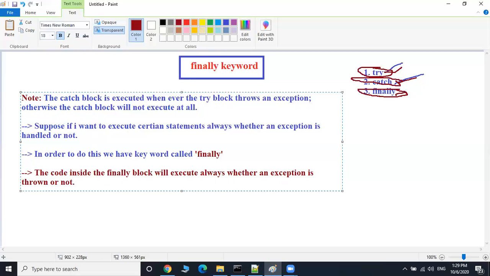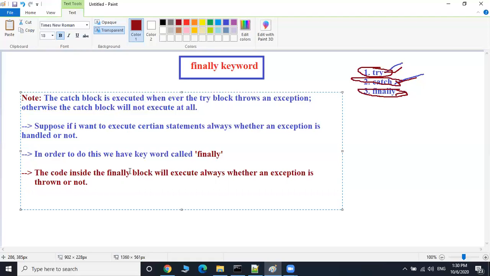The exception may be thrown or it may not be thrown, but the finally block will execute always. That is the advantage of the finally block.